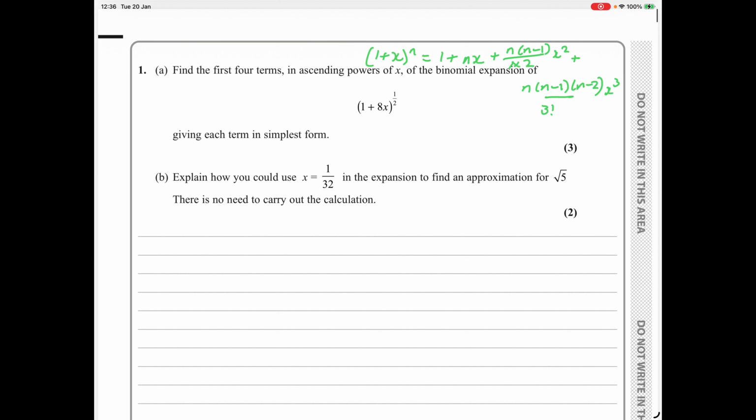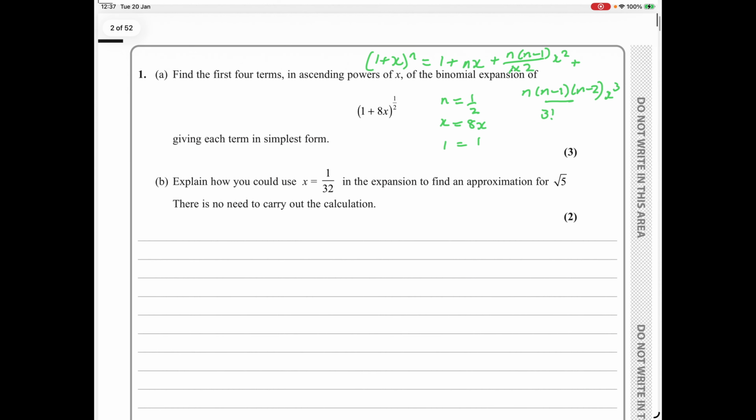So let us do this. This would mean that for (1 plus 8x) to the half, we know that n equals half, and x equals 8x, and 1 equals 1. Okay, so for this we would have